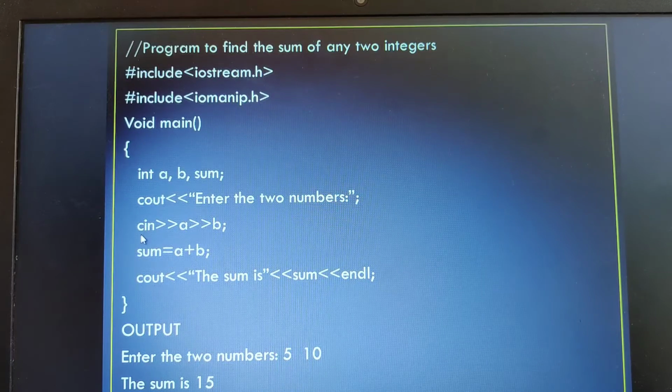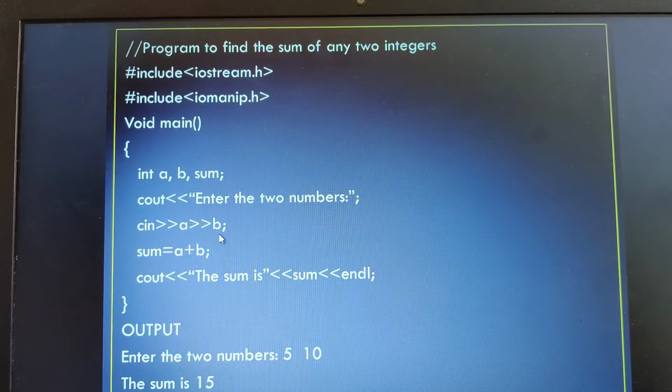So this is how the cin object is used. Here, two numbers I am reading. Therefore, cin is followed by the stream extraction, then the first variable, again stream extraction, then the second variable. What if I have to read three numbers, if I had given here enter the three numbers, how do I write this? cin, stream extraction A, stream extraction B, stream extraction C. I hope you are able to understand.